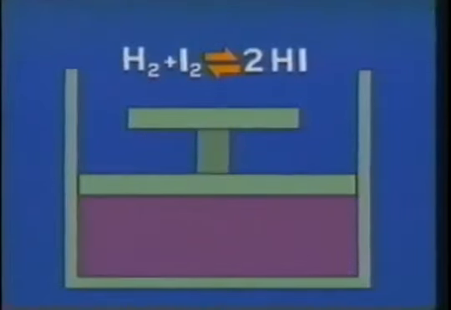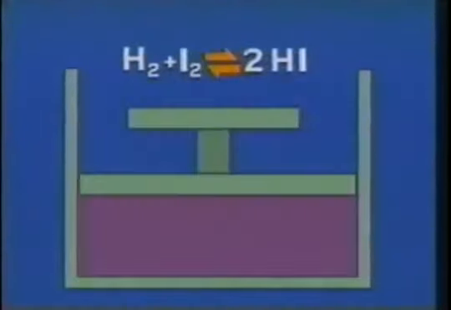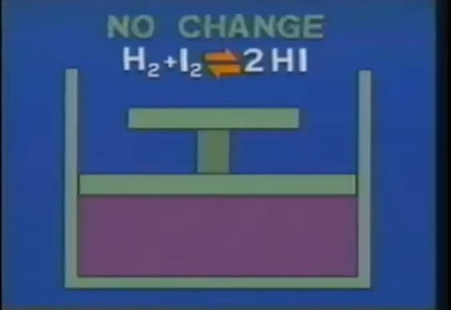But wait a minute. Is there another explanation? In fact, what we observe is literally an illusion entirely unrelated to equilibrium. We have simply saturated the color purple by reducing the volume the color occupies by 50%. Much the way the color of a purple pattern on this screen only seems more intense when squeezed into a smaller space. Other measurements, such as massing the gas, will confirm that there was no change in the original equilibrium